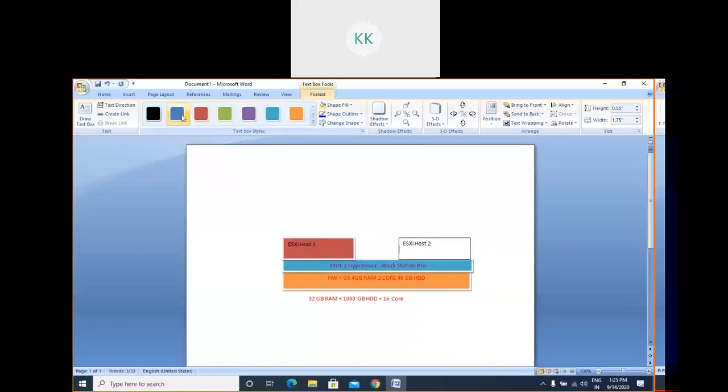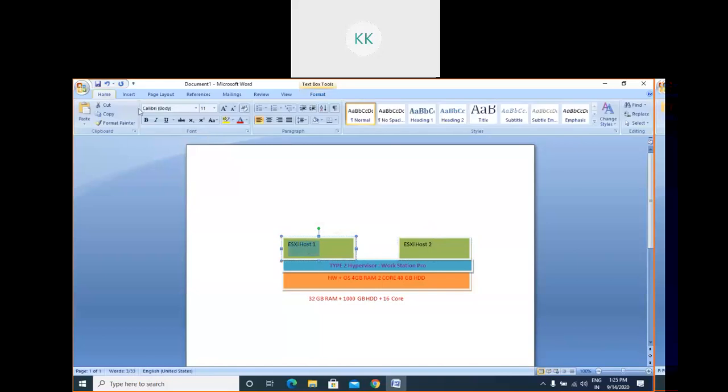Actually this is our lab environment. I want to show you how this is done, and just make some color there for understanding. If we had a vacuum tab or a writing tab, then you would find more interest in this. Anyway, we will manage it with our MS Word.